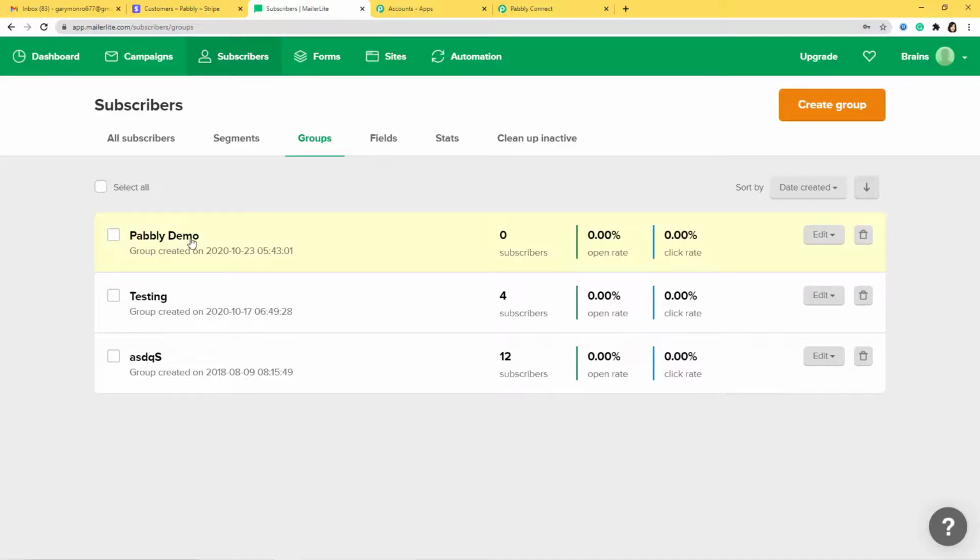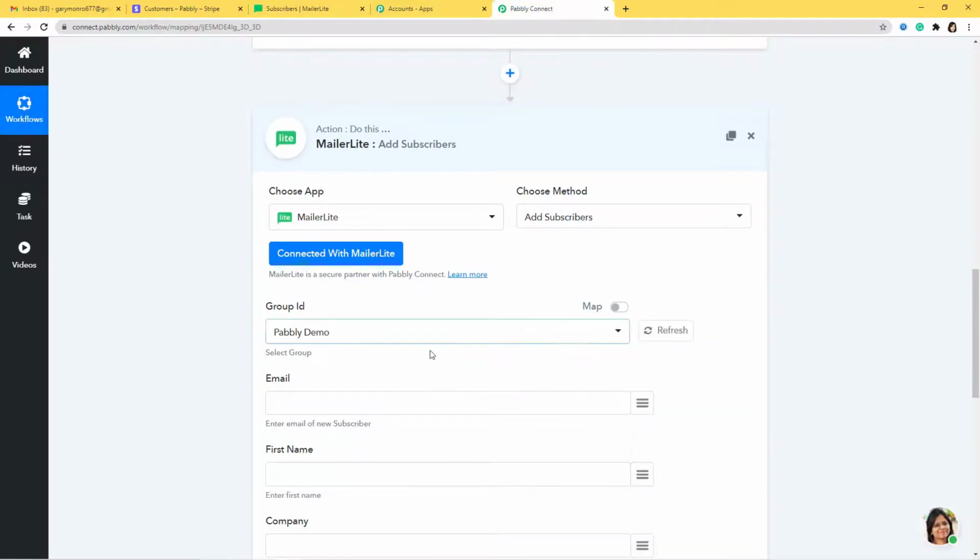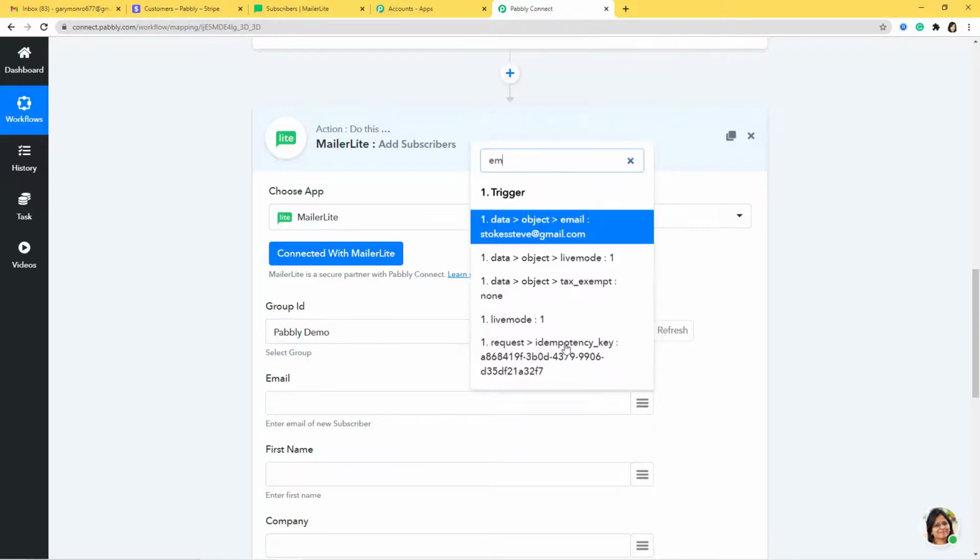So let me choose Pabbly demo as the group. So I'll go to Pabbly Connect and here I am going to select Pabbly demo. So now every time a new customer is created in Stripe, that customer will be saved as a subscriber in this specific group.